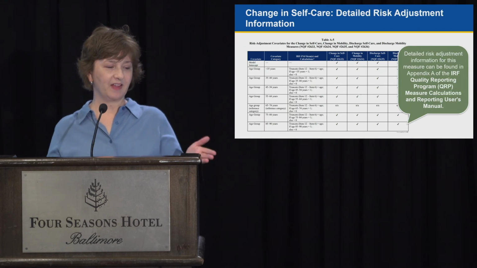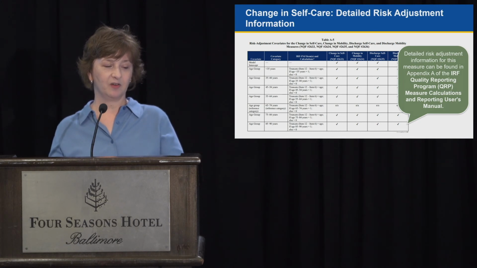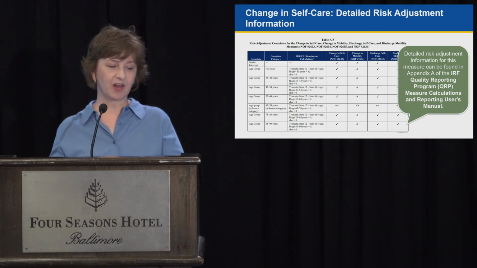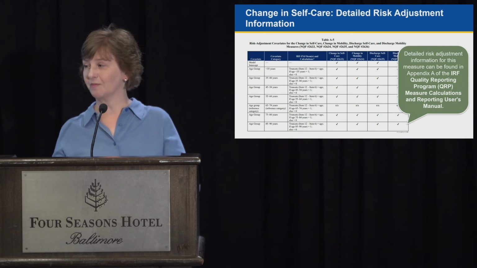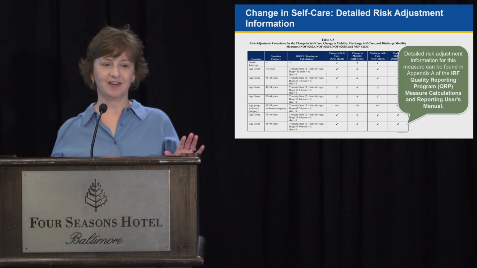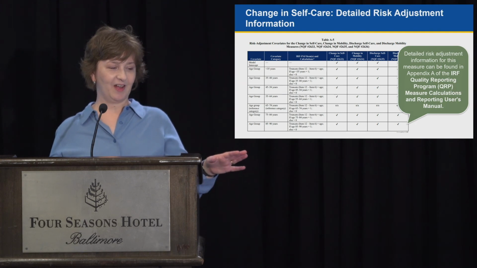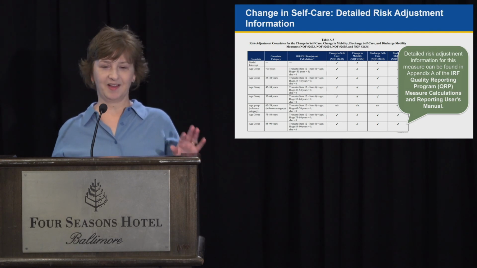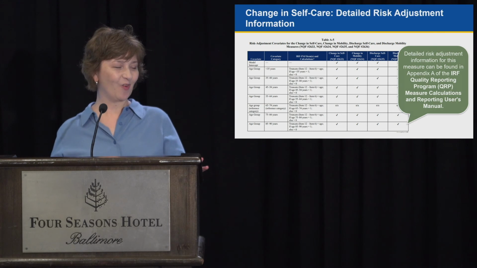So as I said, there is this document, and in the green bubble, the document is called the IRF Quality Reporting Program Measure Calculations and Reporting Users Manual. That's where all the details are, so you get all the information. For example, this is one of the tables that we spent a lot of time working on,